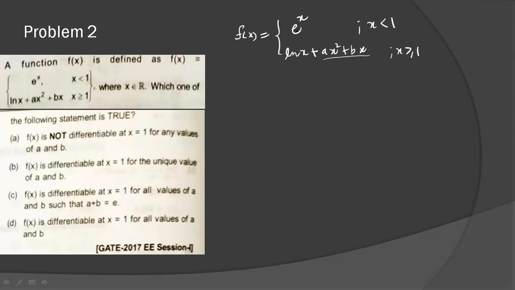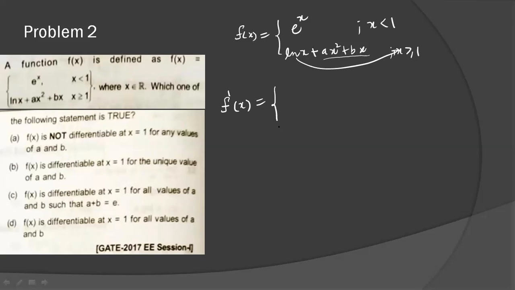Now, what is the domain of exponential functions? See my lecture 14, I told you that the domain of exponential functions is every real number, meaning the entire real line. And in log x, the domain is x greater than 0, where x is greater than or equal to 1. It means in this domain, log x will be differentiable. So there is no worry about solving it by first principle, LHD equal to RHD. You can directly differentiate it.